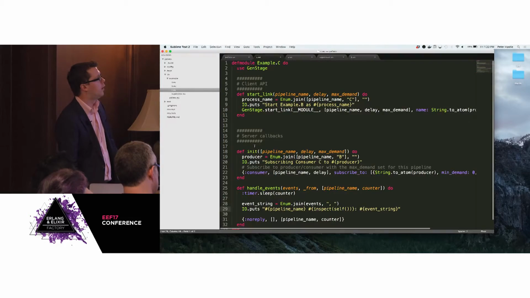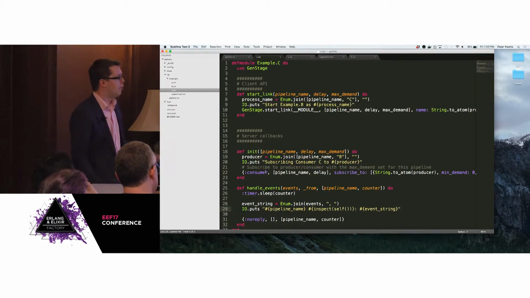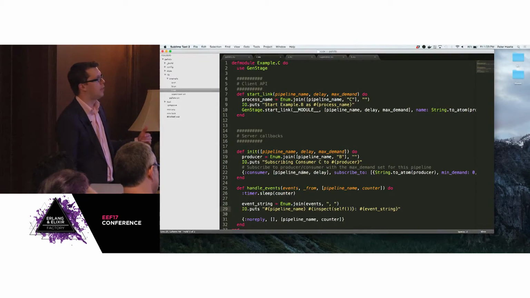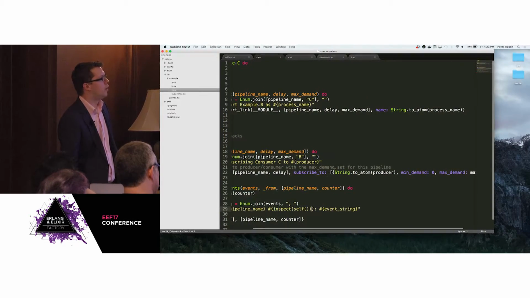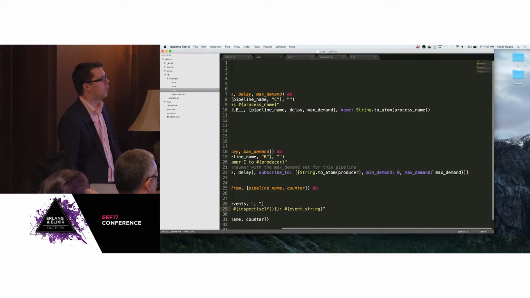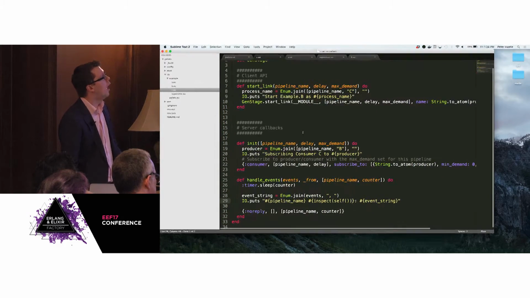So this is the example C module. It's being initialized as a consumer. So this is the other way that you can set up your stages. You set up your consumer, set up any state that it needs to have. In this case, I'm just keeping the pipeline name for logging and the delay to simulate the long-running process. And then the key part here is that you subscribe to your upstream process, and you set the demand here. So in this case, I believe the demand will just be 1. It's just asking for 1 message at a time.